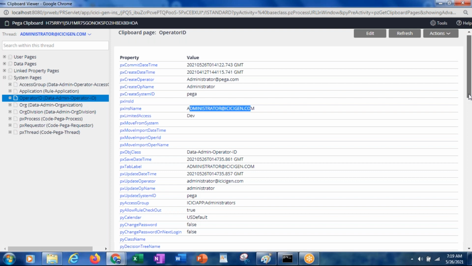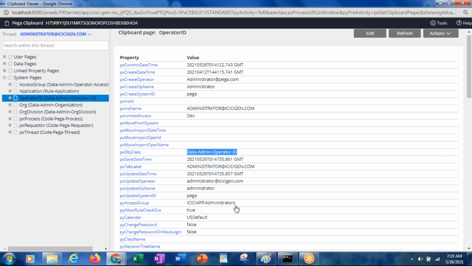When you create a new application through the wizard, at that time it created this operator ID. That is the reason for this create operator. And this is an instance of the class Data-Admin-Operator-ID.